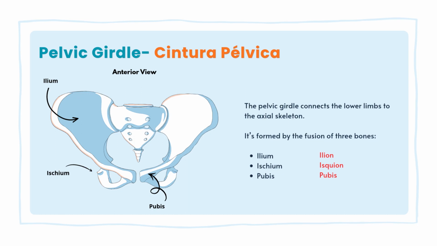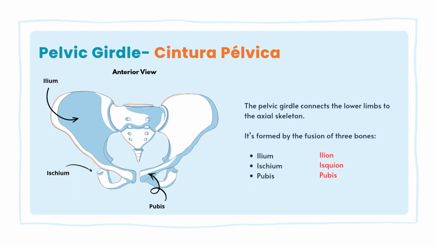It's formed by the fusion of three bones: ilium, ischium, and pubis. In Spanish, in order as I mentioned, ilion,